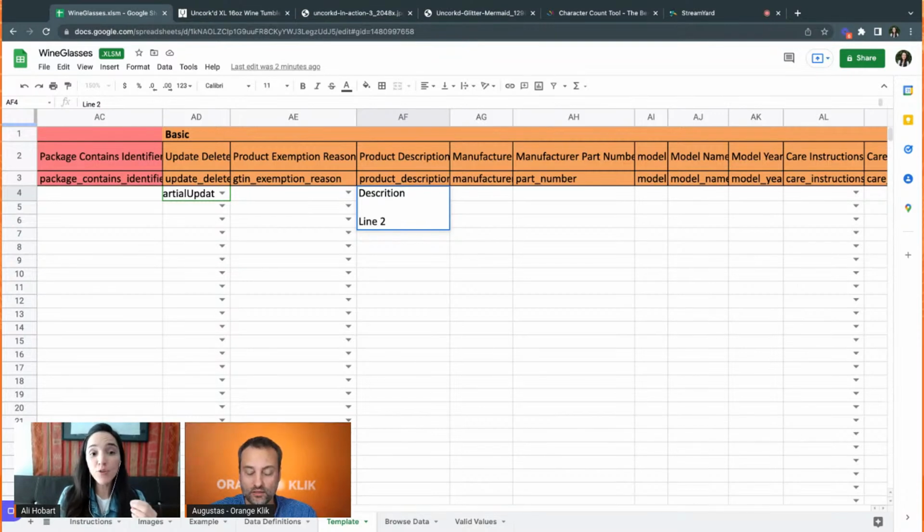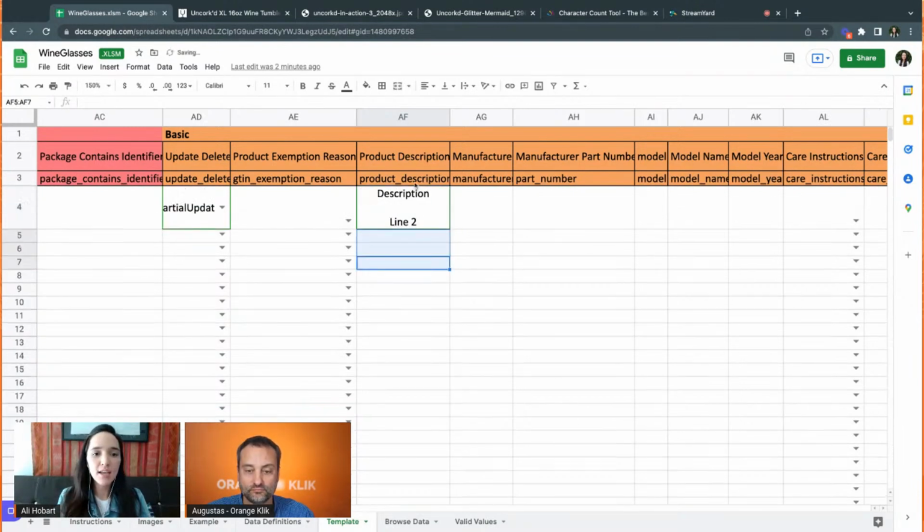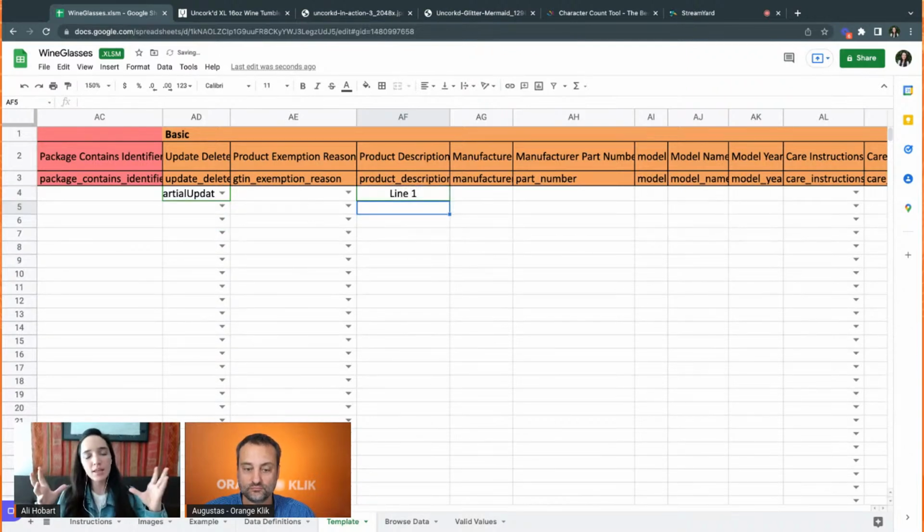For example, in Windows machines, if you're using Google Sheet and you want to make a line, you click Alt and then Enter, and then it will make a new line. Because if you just click Enter, let's say I just do line 1 and then Enter, it's as if you're done with that cell. So if you actually want to do the different lines, then you need to do the Option or Alt Enter.